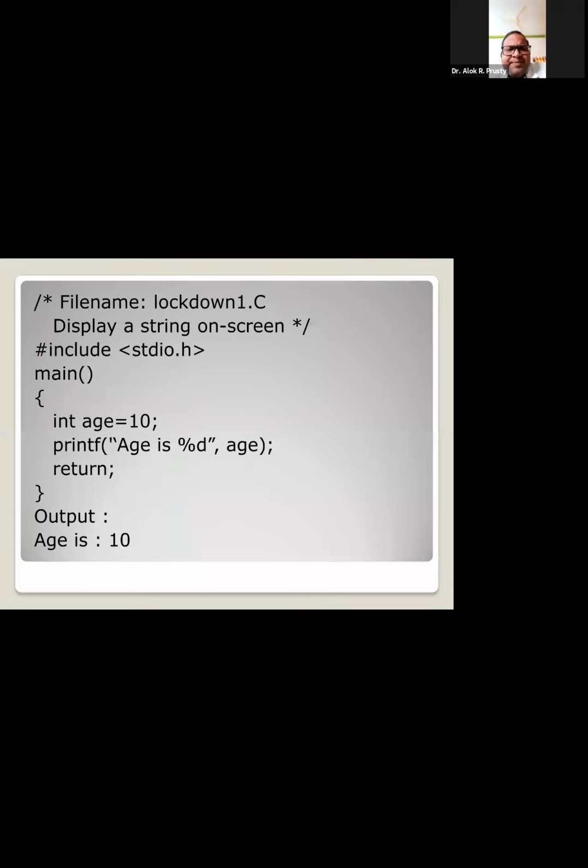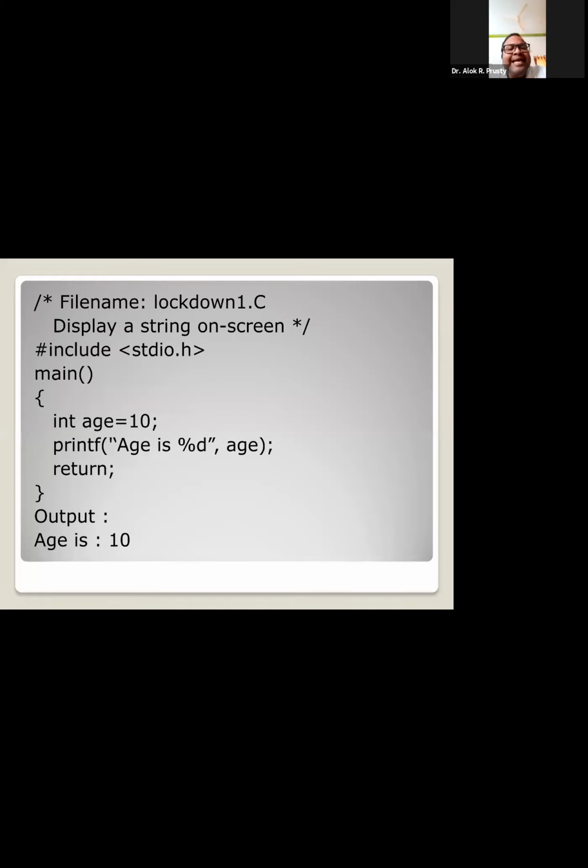Now it's a very small program, and you can see it has include stdio.h and the main function. Then int age equals 10. Integer is the data type, age is the variable declared by the user, and 10 is the initial value the programmer is supplying to the memory location whose name is age, which can accommodate an integer value.